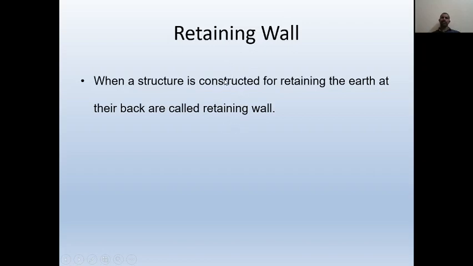The only difference you can say is that a dam is a huge masonry structure constructed across a river or a stream to store a large amount of water, which can be utilized for irrigation, drinking water supply, hydropower generation, and also navigation, fishing, etc. Similarly, a retaining wall is the same kind of structure, but instead of water, it retains earth. And you may notice that in the case of a dam, the water level may be well below the top level, or it may be exactly equal to the top level.